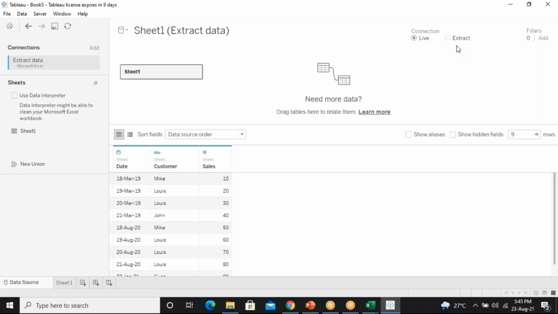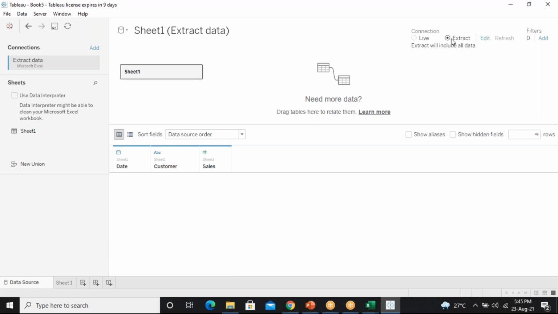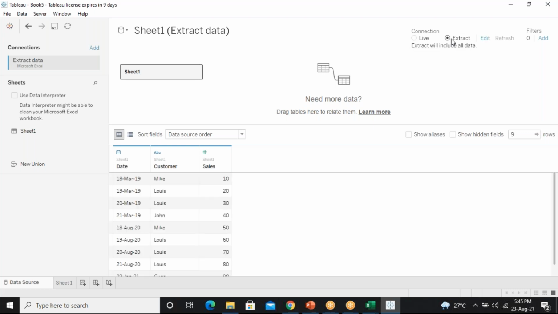Because if I take live and work, whatever changes I make will automatically change in the Tableau server also. So I choose extract and work on the data so that it only affects my desktop version, but not anything in the server. Understanding what is live and extract?